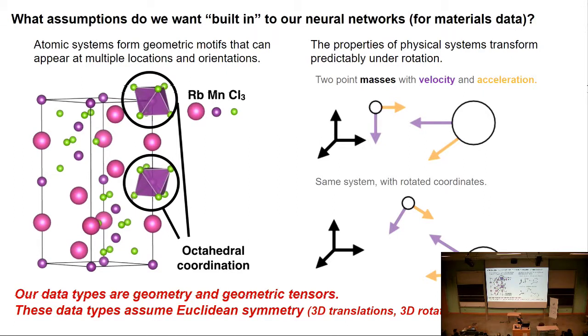So these two data types actually imply something really significant. And the assumption is that the systems we are considering have Euclidean symmetry, meaning that the laws of physics don't change just because I moved 5 steps to the left. And it doesn't change if I'm oriented in a different orientation. Now, given that we have gravity, the symmetry's broken, gravity's pointing down. But if I was just in 3D space, these things would be the same. And then additionally, inversion. So if I swap my coordinates from x, y, z to negative x, negative y, negative z, the laws of physics act the same under inversion.